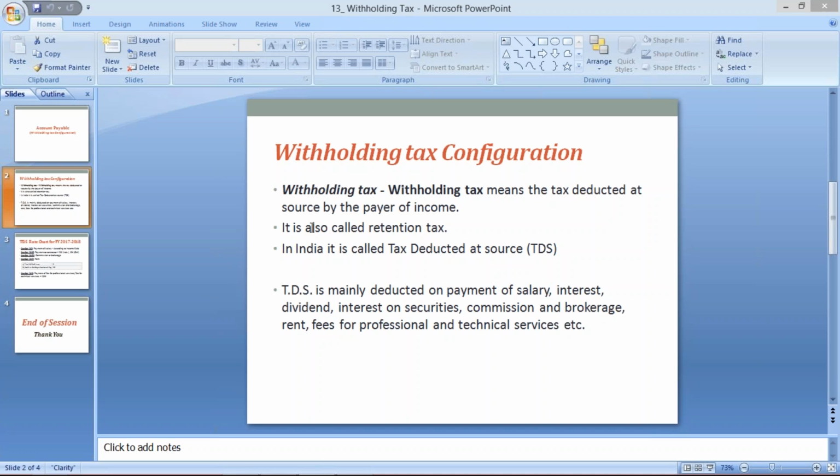Wipro Technology is going to withhold a certain amount, in the sense Wipro Technology is going to retain a certain amount from my salary. So this is why it is called retention tax. Wipro is going to retain a certain amount and Wipro has to make payment to the government. So government says to the employer that I am not going to ask this from the employee. You are liable to deduct this amount and you have to pay it to me.